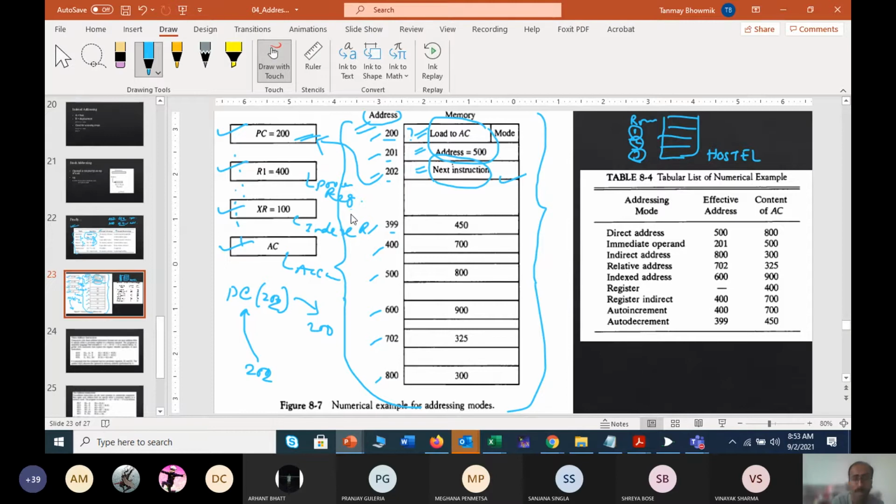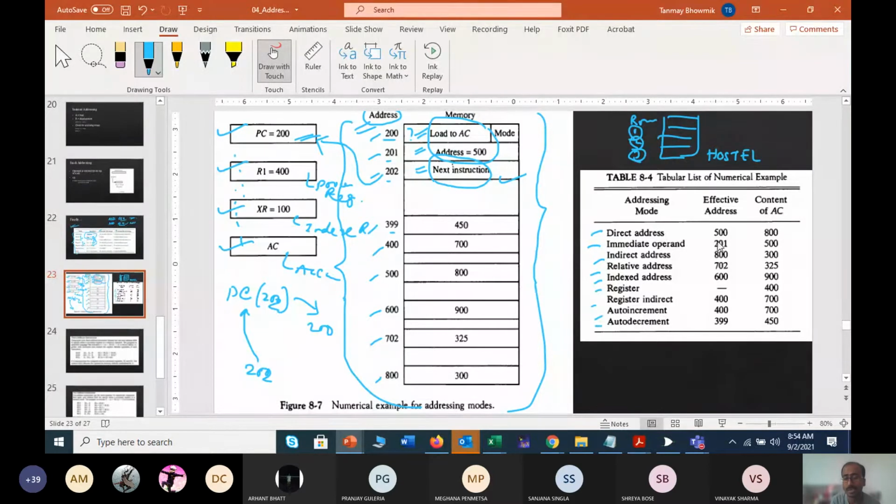Now what you have to do basically: I may give you this table, these four registers, and some explanation of what you have to do. Now what is your task actually? Your task will be to identify the effective address and the content of the accumulator in each of the cases. All of the separate modes will be given.